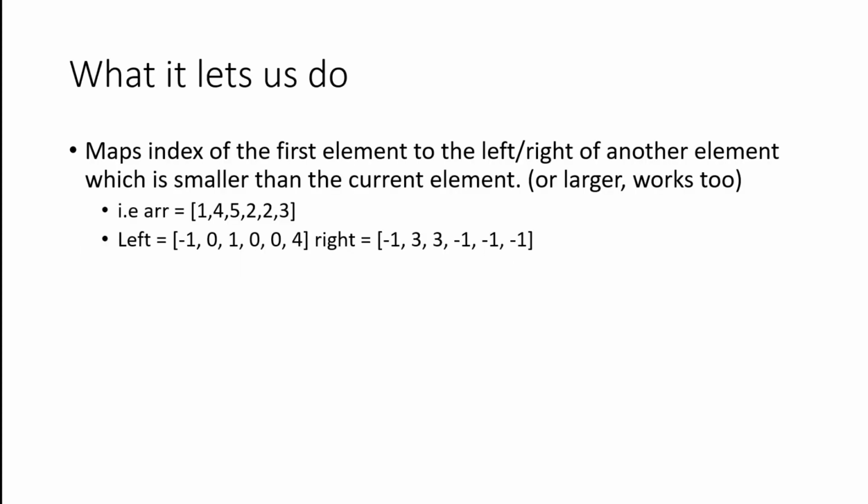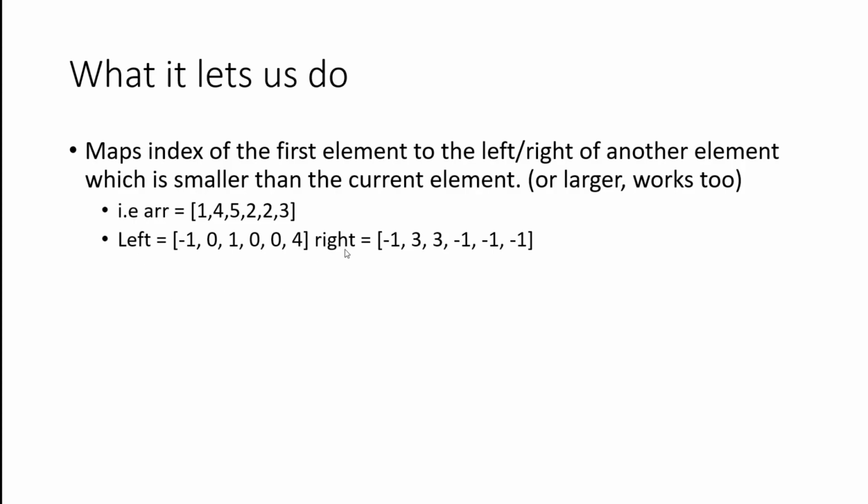So first of all, what does this technique let us do? Well, in an array, it is often useful to know the index of the first element to the left or the right of it that is smaller than the current element. And it also works for larger, but for this example, I'll just be going over mapping the index of the first smaller element. So, for example, if our array was 1, 4, 5, 2, 2, 3,